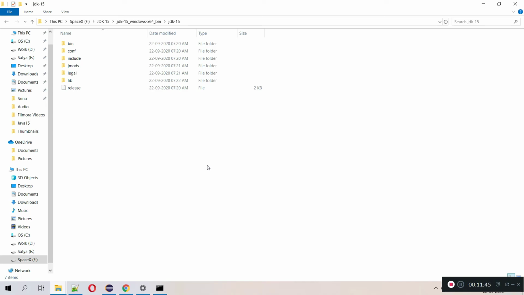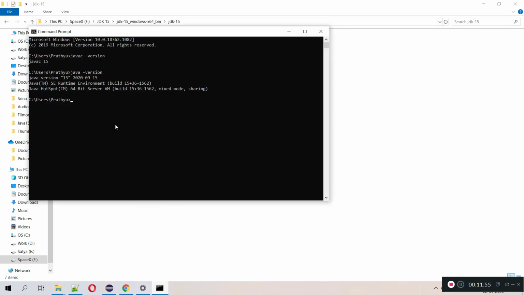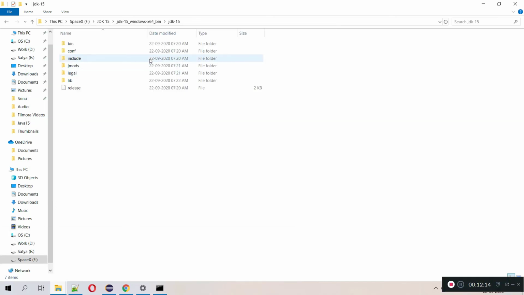Yeah, that is how we can use Java JDK without installing it. Here is the example we have seen. We are able to recognize all the commands, even though we didn't explicitly install. Still, you can see in program files there is no Java JDK software, because you just downloaded the zip file, extracted it, kept it in your local machine, and you are pointing Java JDK to this path. Yeah, that's all about how to install JDK 15.